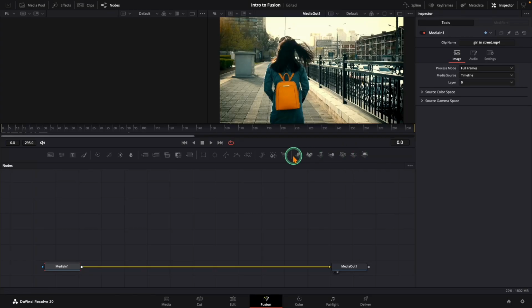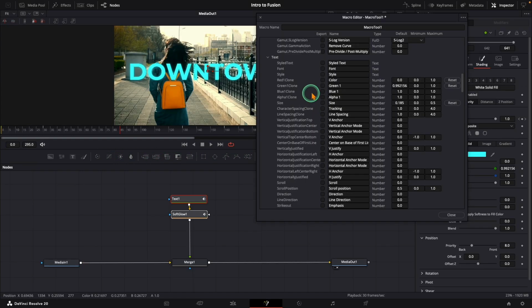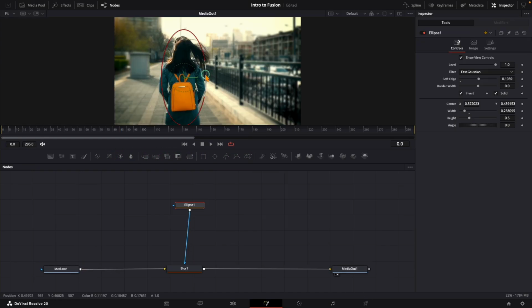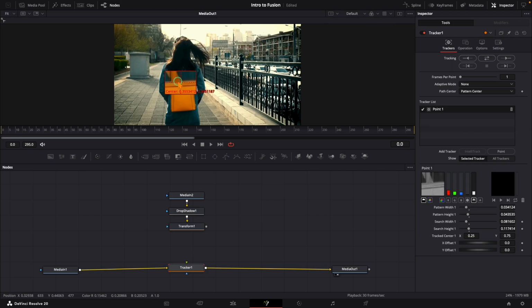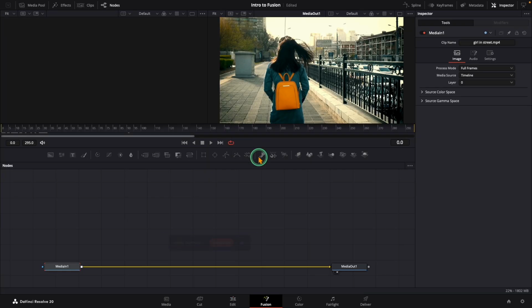Hey everyone, in this video we are going to make the most intimidating page of DaVinci Resolve look easy and fun. By the end, you will be able to create professional looking motion graphics all on your own. So let's get started. Before we dive into the fun stuff, let's take a quick tour of Fusion so you